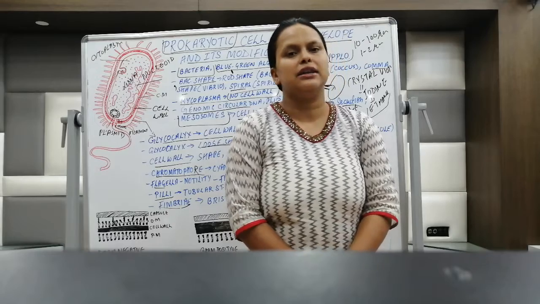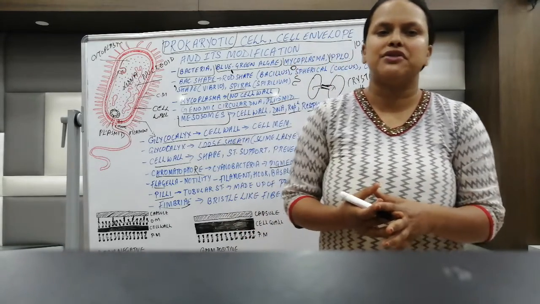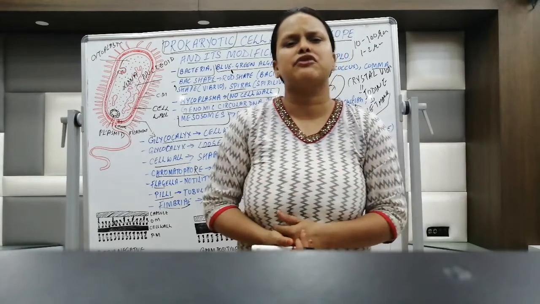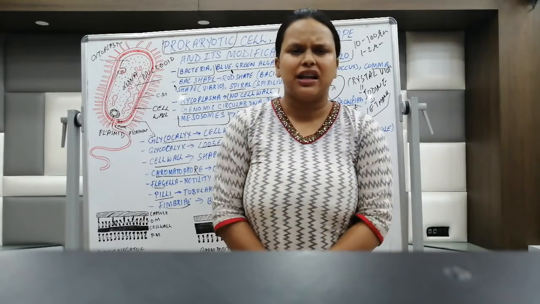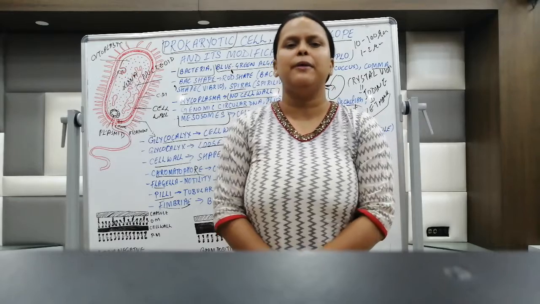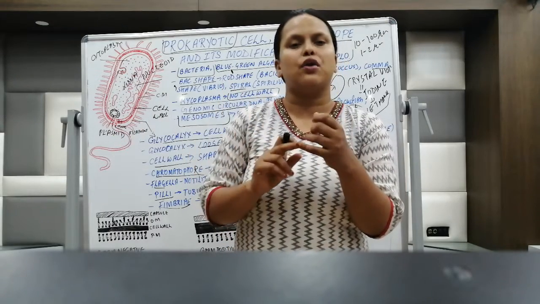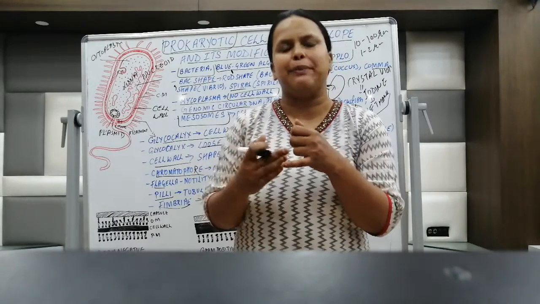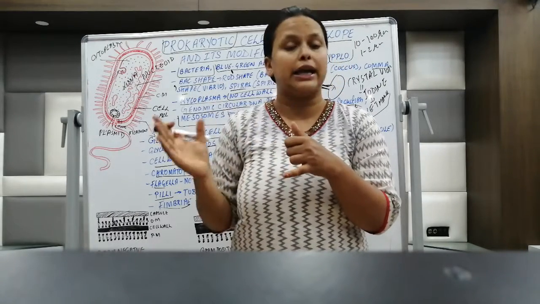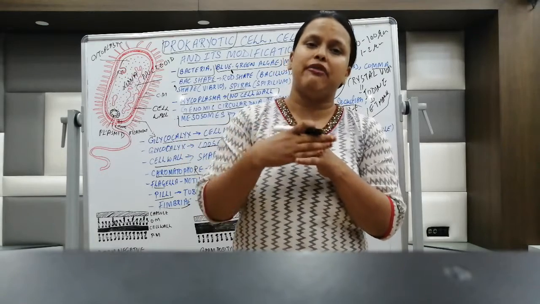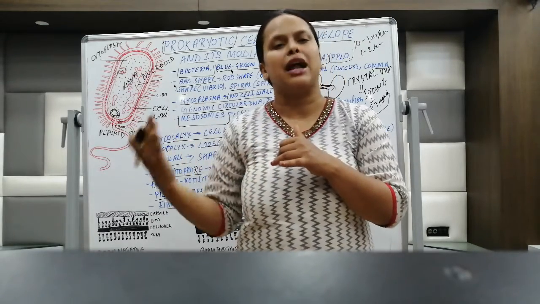We'll revise our lesson fast. First of all, we studied what prokaryotes are. Their size ranges from 1 micrometer to maybe 5 to 6 micrometers. These cells have a complex outer layer with glycocalyx, which could be a slime layer or a capsule, depending on whether it is thin or thick. Then they have the cell wall. Again, the cell wall composition differs in gram positive and gram negative.